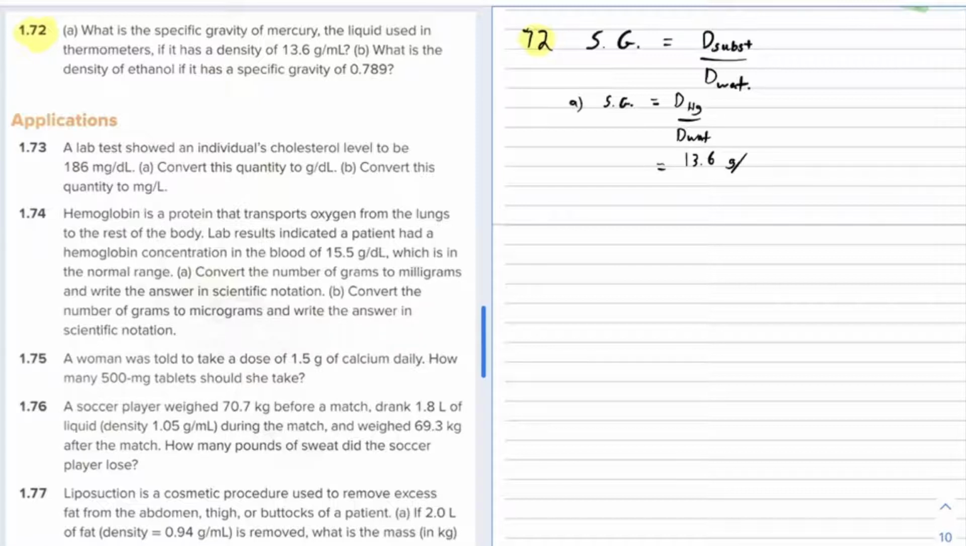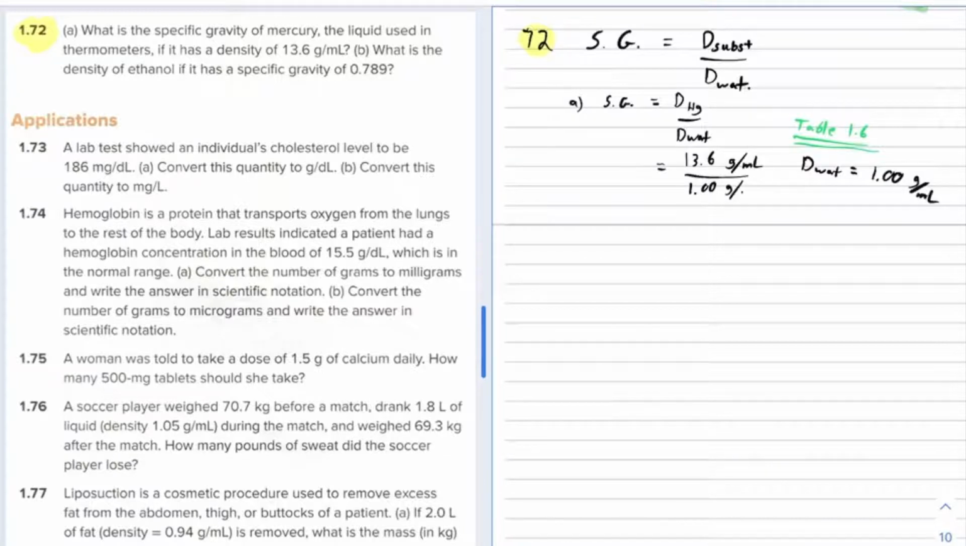13.6 grams per milliliter. And then the density of water, you remember in Table 1.6. Table 1.6 lists densities of several substances, and you'll find water in there. So the density of water is 1.00 grams per milliliter. Water has a nice density, just 1. Okay, so that goes in the denominator,